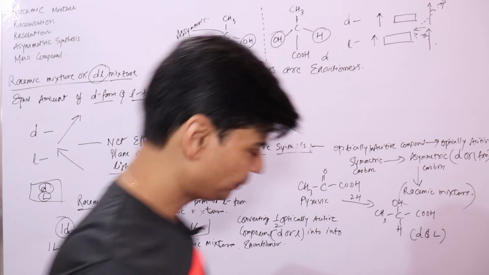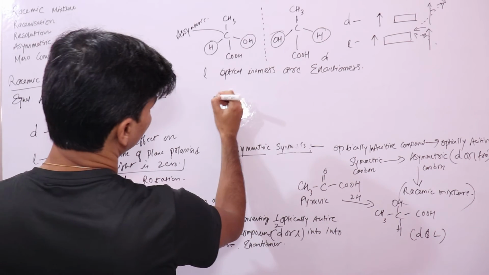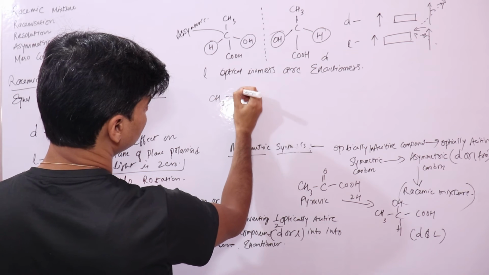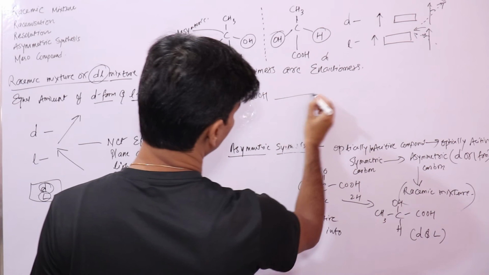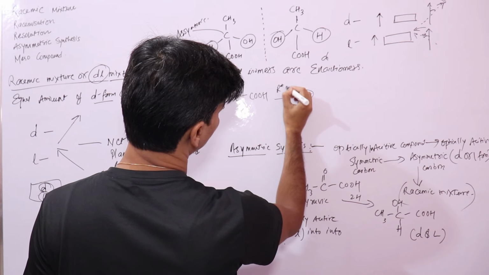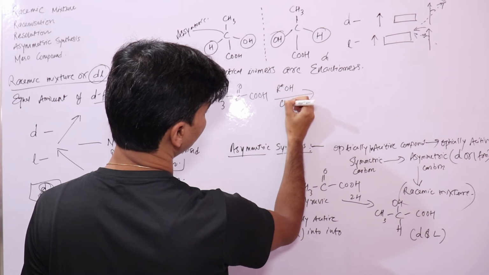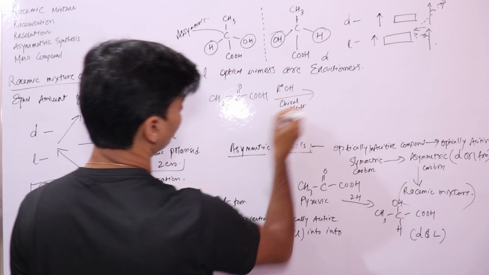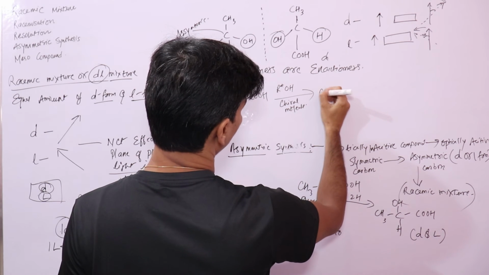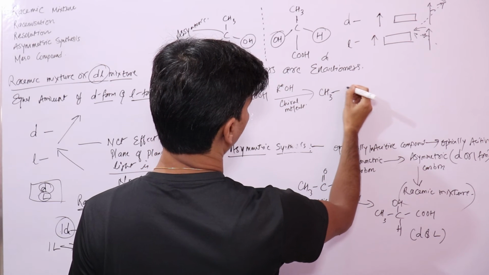This is a condition, right? So if I do this reaction CH3, in the presence of a chiral alcohol, this is a chiral molecule, then what you will get is